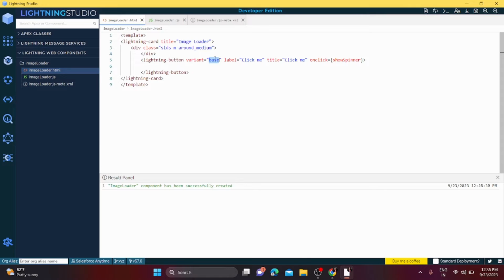So we can change the variant from base to brand. It will come in blue color. So now we have created our button, and on click of that button we have to show the spinner. As you can see we have not yet created our spinner. First we can move this down here so that every element or every tag can have its margin around it. Then we can create a spinner, and for creating the spinner we have this tag,